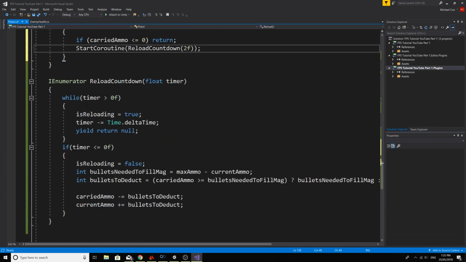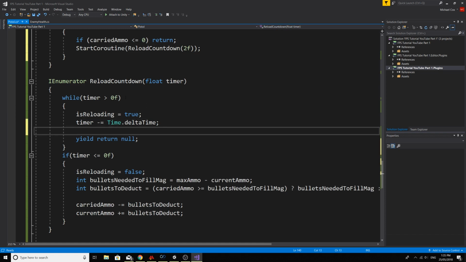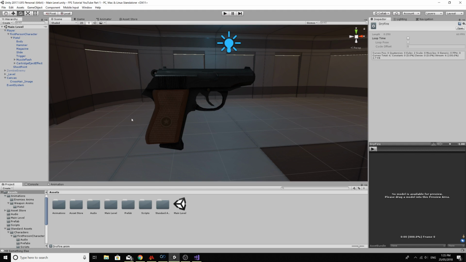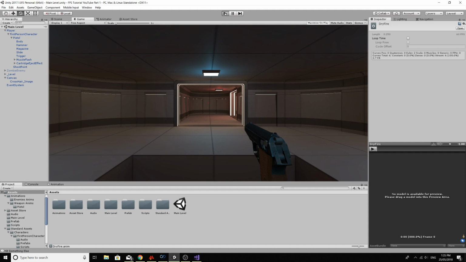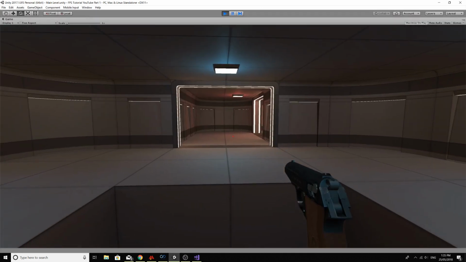So down here, while the timer is greater than 0, we want to play our reload animation. So anim dot set trigger reload, save that. I'm going to maximize this so we can have a good look. Okay, so